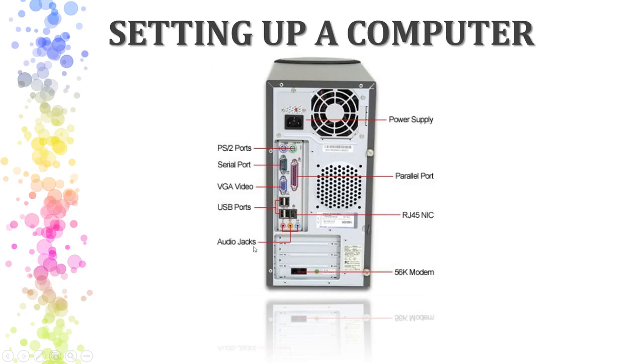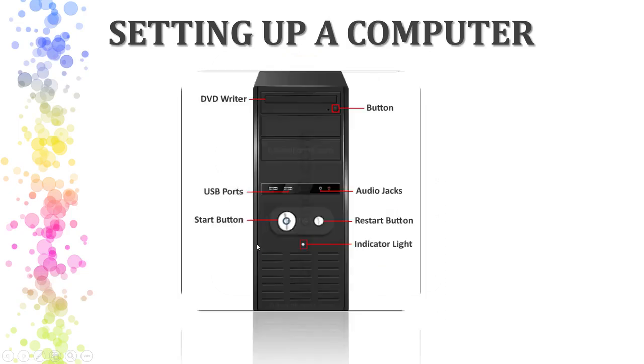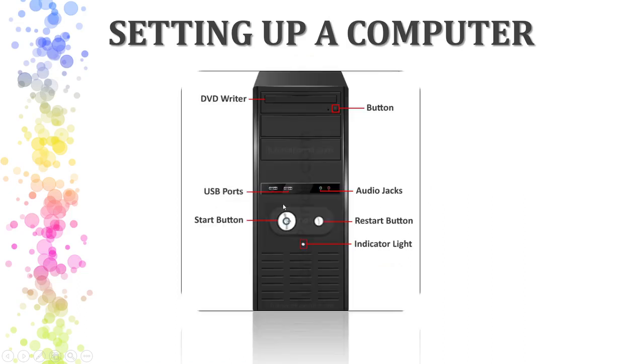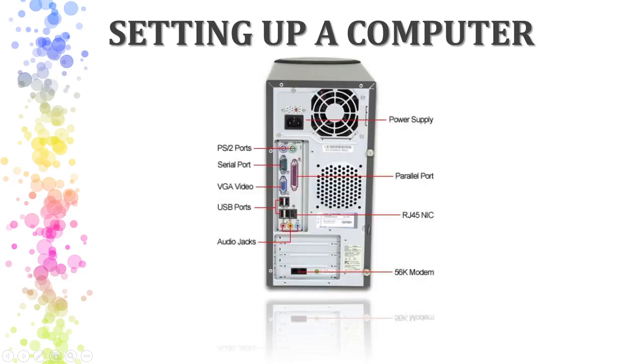Now see here the audio jacks. In the front we also have an audio jack, right? USB port also. In the back also we have them. It is extra. What? Extra plugs. If the front keys or USB port are not working, then we use our back USB port or audio jack for listening or connecting devices.